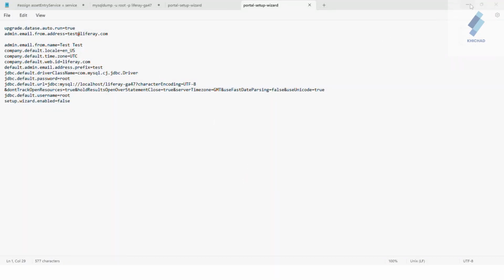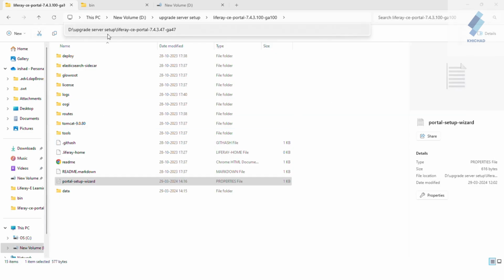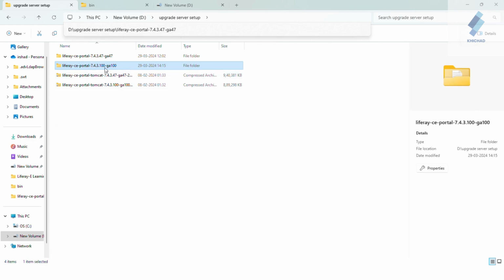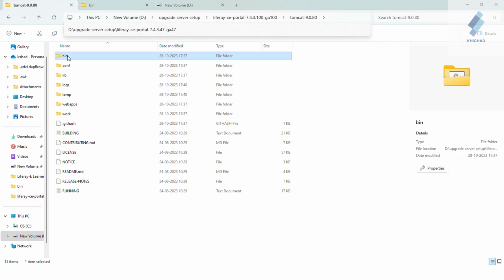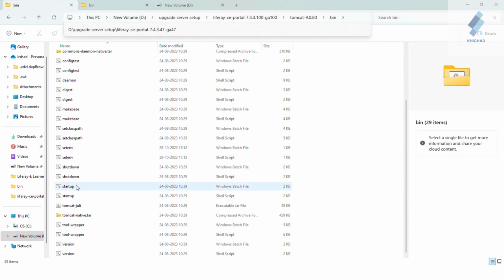After shutdown, we move to the new Liferay GA100 server. Go to Tomcat, navigate to the bin directory, and start your new Liferay server.